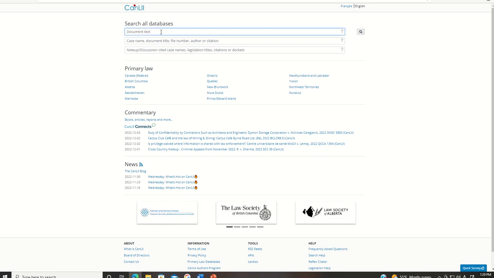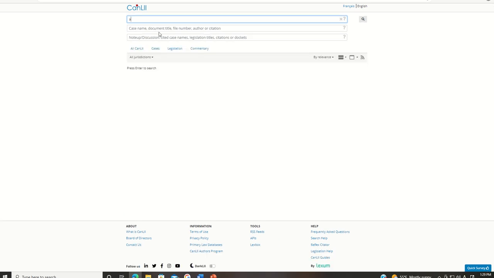The thing I like though is this document text search, which is actually quite useful. So if you come here and you don't know the name of a case, you don't know the name of the law, similar to what we talked about with Westlaw, but you have an idea for a question you want to find out, you want to do some research on, this is good. So if we take the same example that I used when we were doing American law with Westlaw, like age discrimination. And I don't know what the law is, and I just want to find out what I can find out. I will type that in here